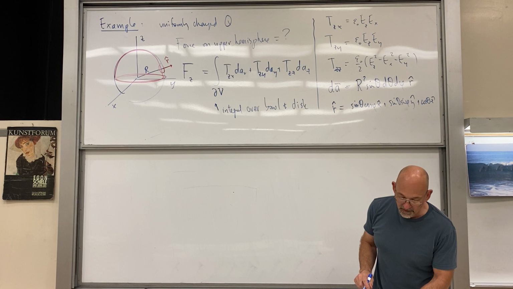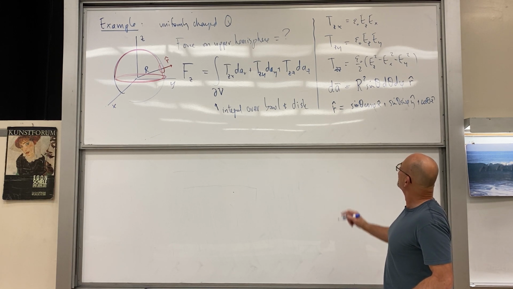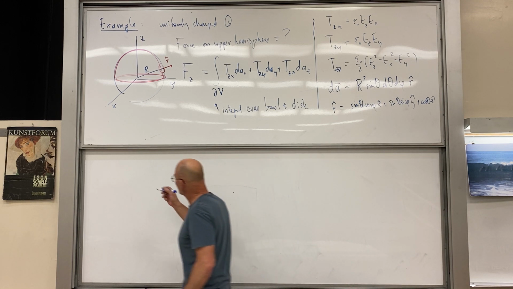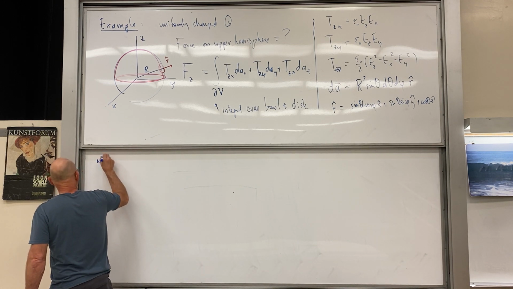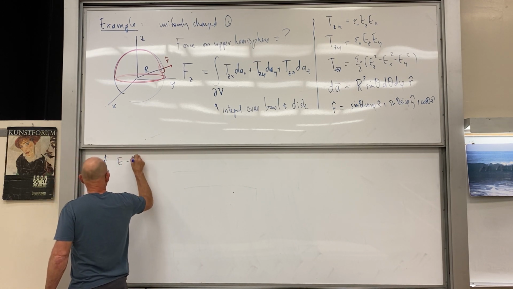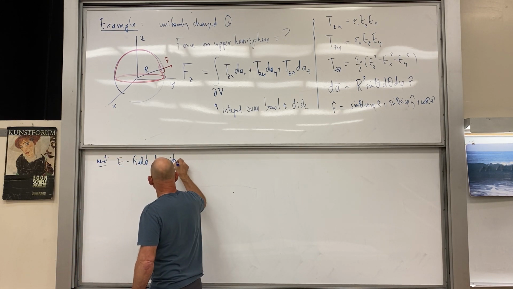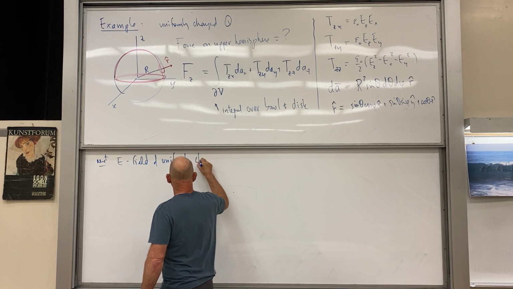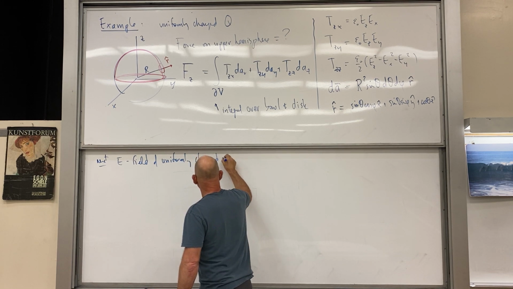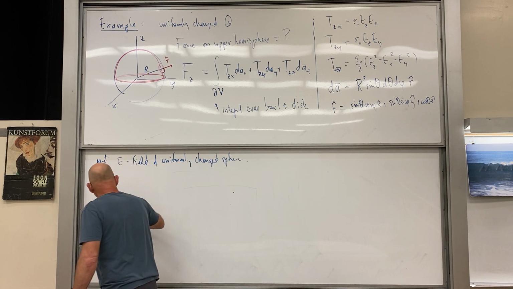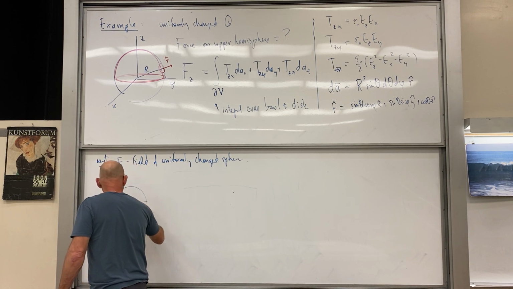A, we've got r hat. Good. So next, electric field of a uniformly charged sphere. And there's our uniform sphere, radius R,